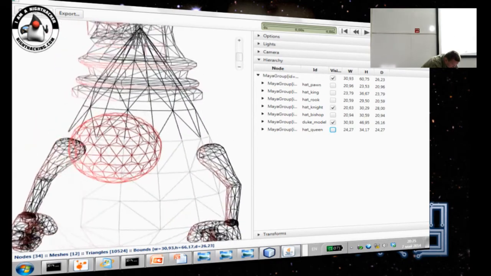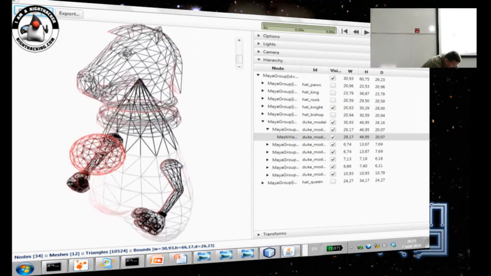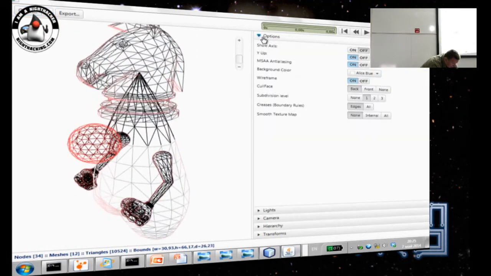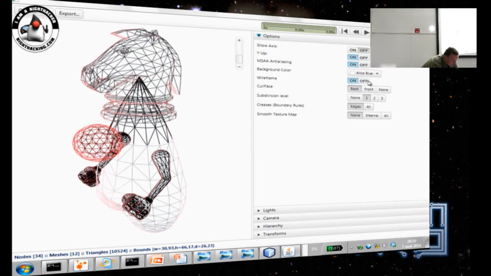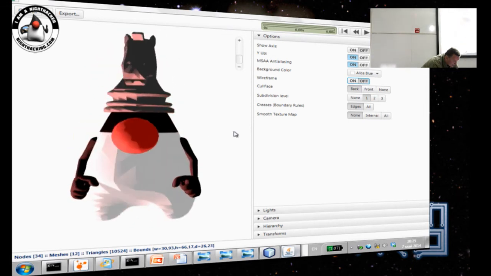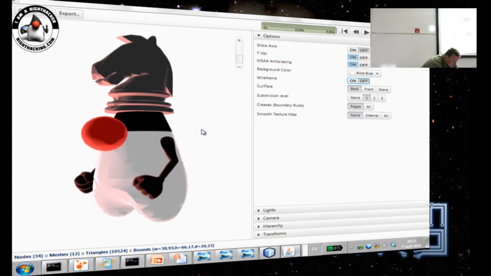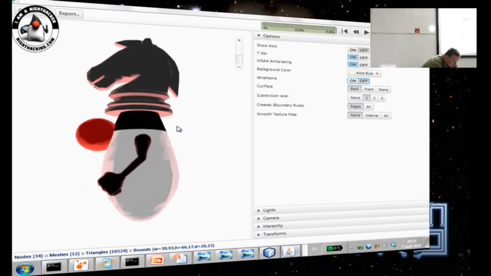It is all in triangles, and it's very smooth. And that's actually how the file is stored in a Maya file. So if I turn wireframe off, you can see that it is not smooth. Well, actually, I think it is. It should be smoother than that.